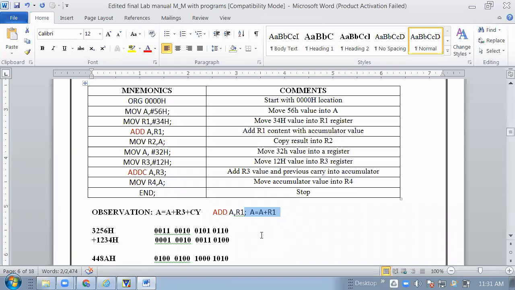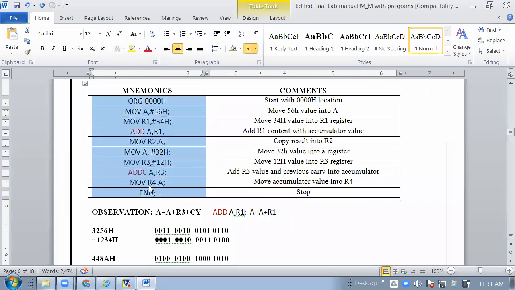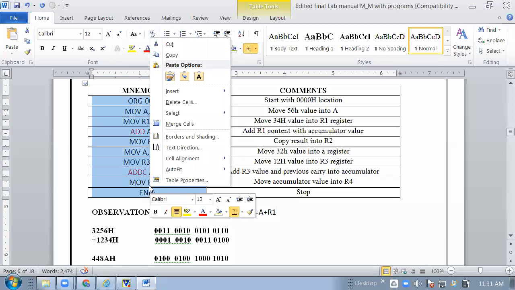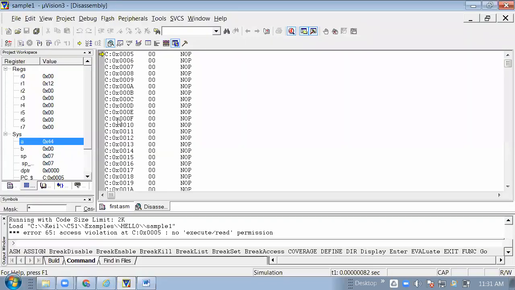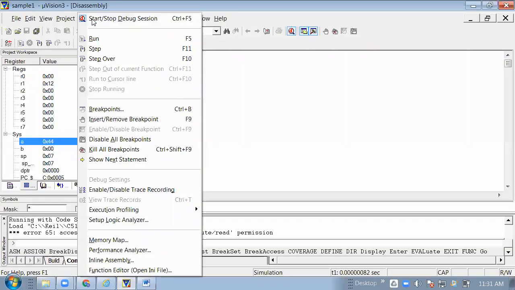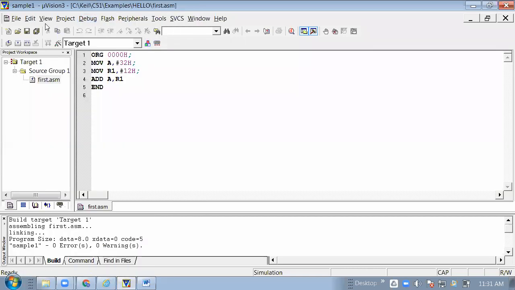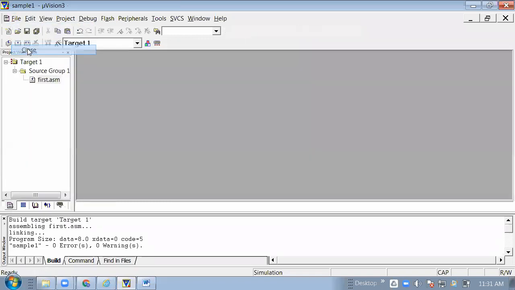So this is the addition of 16-bit data. See, I am doing the programming. Copy the data into the program and then see what the output is after this instruction. See, again I am doing the steps, so you remember all the steps. Just see the steps which I am doing for the programming.